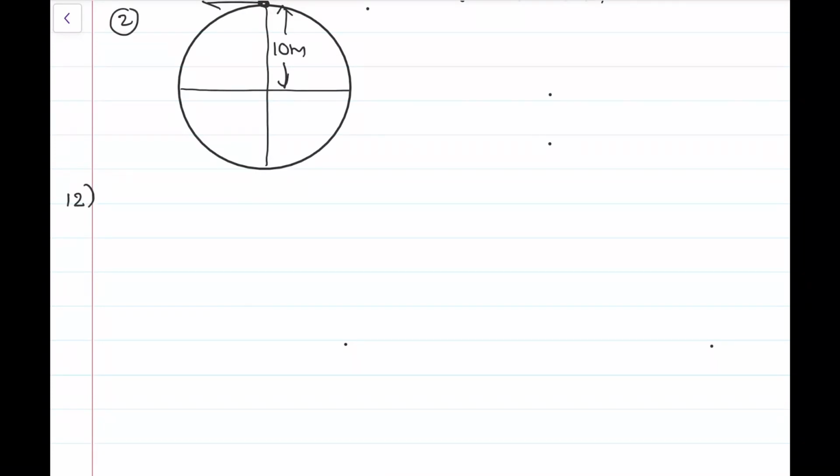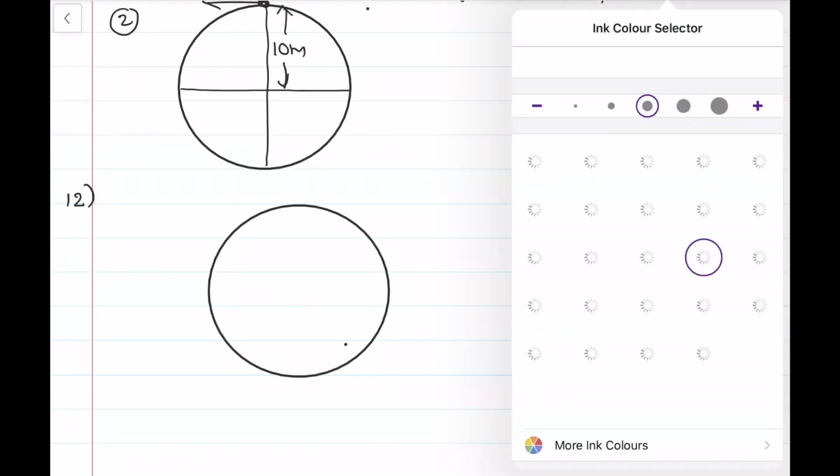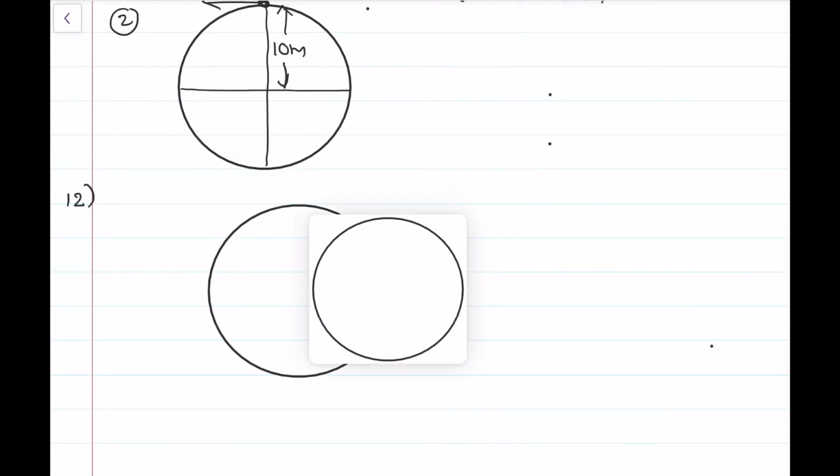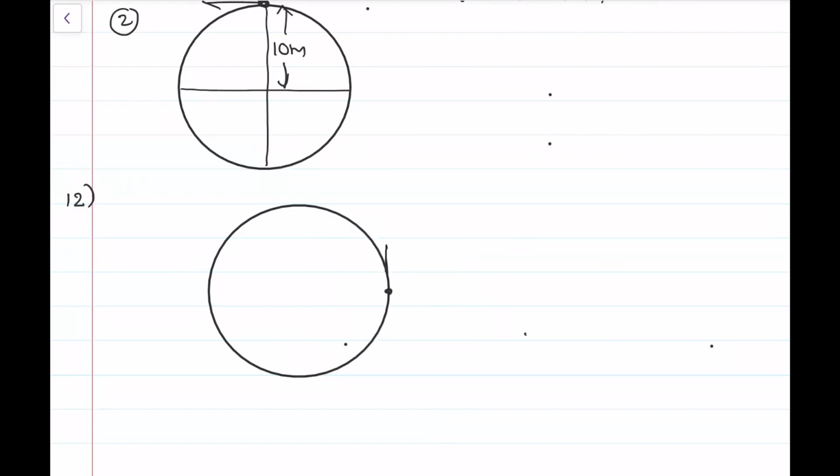Okay, next, problem number 12. A particle is moving along a circular path with uniform speed. Through what angle does its angular velocity change when it completes half of the circular path? See, for example, this is the circular path. Half of the circular path is nothing but, for example, the particle starts from this point, and half of the circular path is where it reaches here. Okay, our aim is to find the change in the angular velocity.